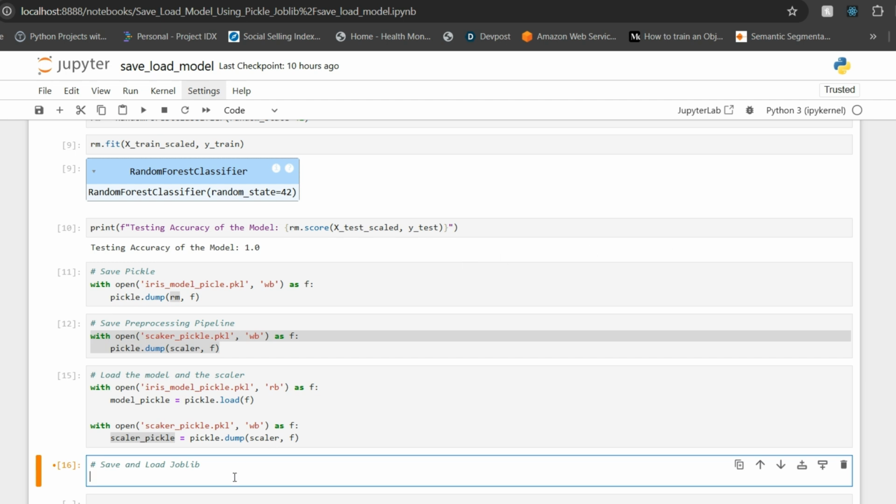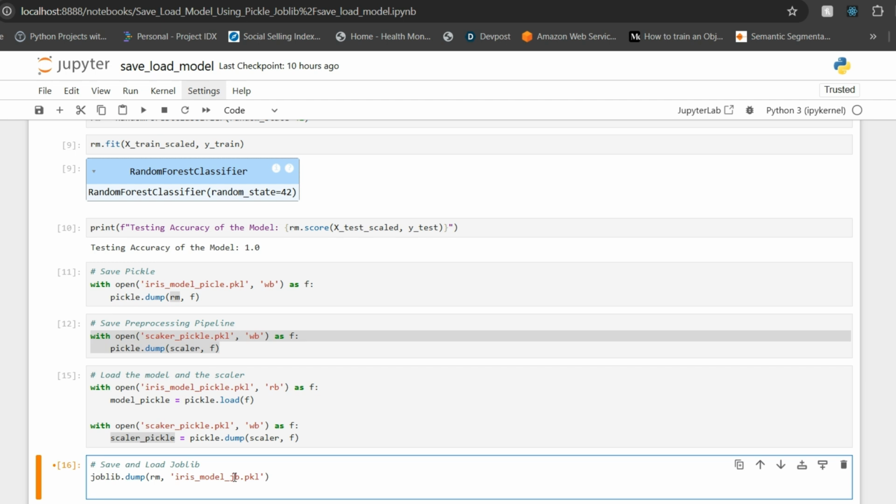In order to save the model using joblib, what we have to do is just write joblib dot dump and then the name of the file. We'll name the file to be different, with jb, and the file extension can remain the same as pickle over here. Similarly, we will save the scalar as well. Again, this is just to give an idea that